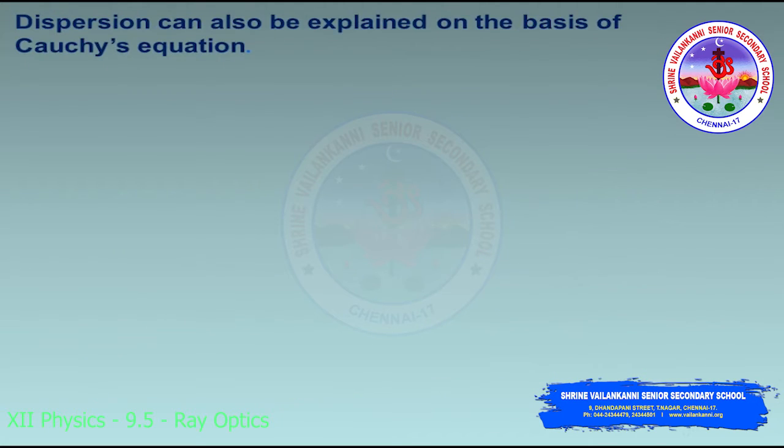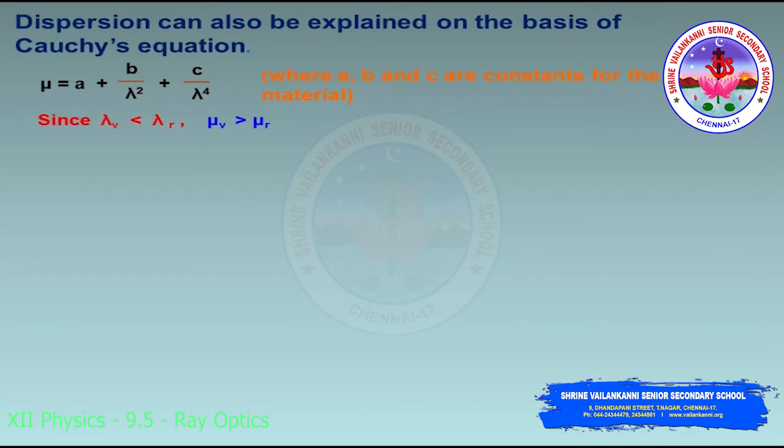Now, what is the dispersion? We can also explain it through the Cauchy equation, which helps us know the refractive index of the material for a given wavelength. Mu is equal to A plus B by lambda square plus C by lambda to the power 4. A, B, C are constants whose values depend on the nature of the material. And for a small angled prism, the deviation sigma is equal to